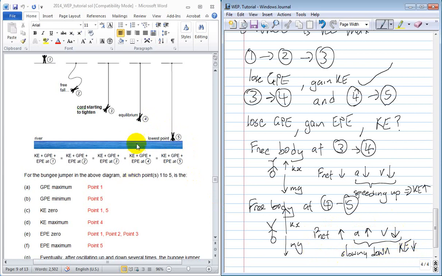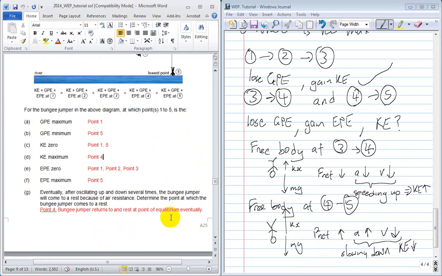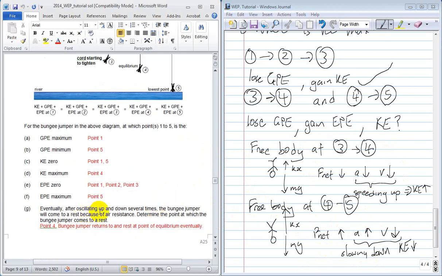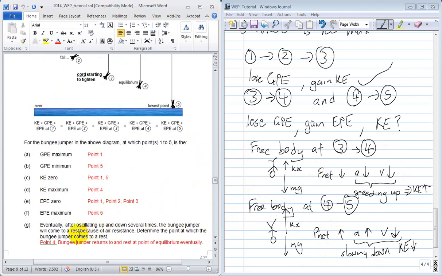This gives me the conclusion that 0.4 is the point of maximum KE, because from 1 to 3 I'm increasing, and from 3 to 4 I'm also increasing, as the free body diagram tells me that my KE is still increasing. From 4 to 5 I start to decrease. So the highest KE must be at 0.4. The final part of the question: after oscillating up and down, losing energy, when does it come to rest? I come to rest at 0.4 because 0.4 is the point at which there's no